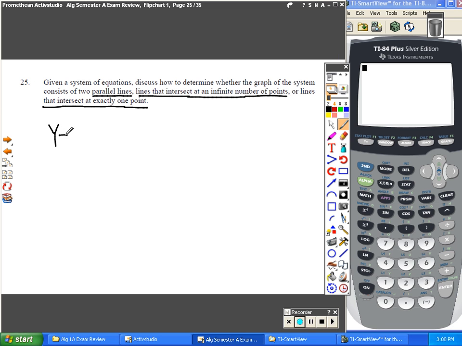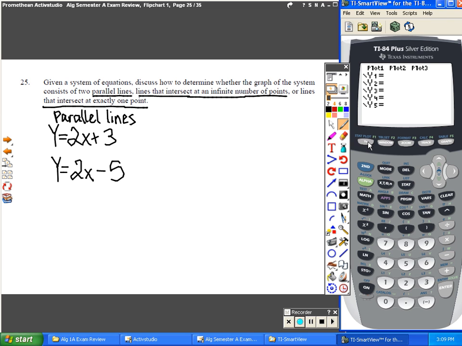This is an example of parallel lines. Parallel lines would look something like this: y equals 2x plus 3, and y equals 2x minus 5. And the reason that these lines are parallel is because if you look at their slopes, they're exactly the same. So if I were to put these in the calculator and push graph,